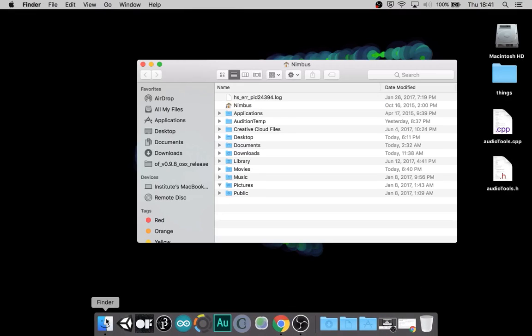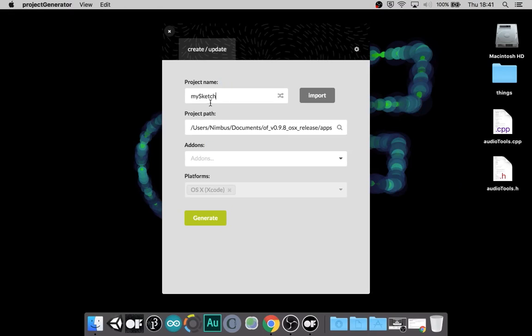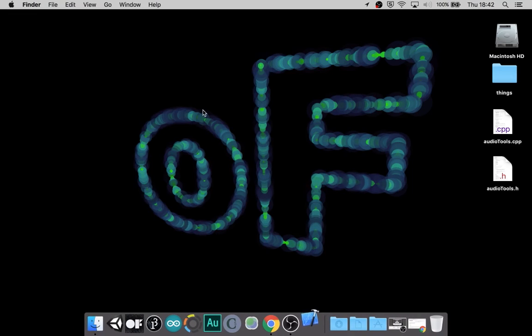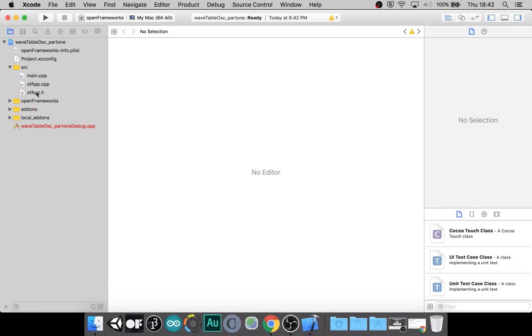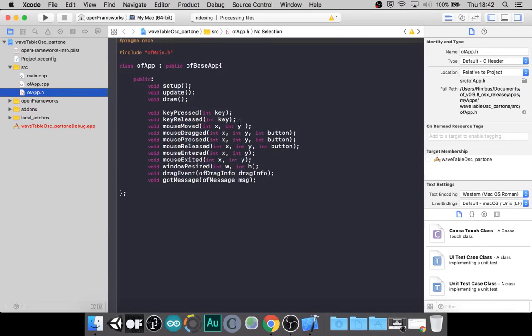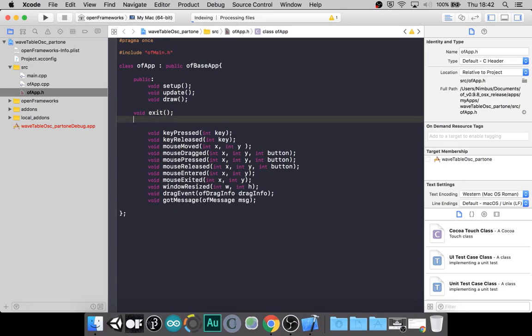Go ahead and do the usual thing. Start a new openFrameworks project. We don't need any add-ons at the moment. All right, so we're going to go through the normal motions. We'll need our exit function, our audio out,